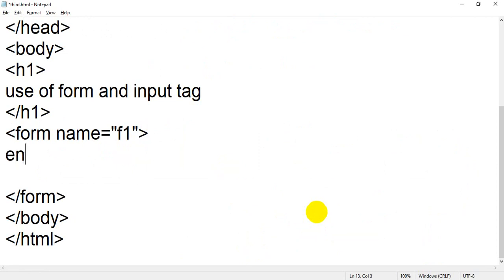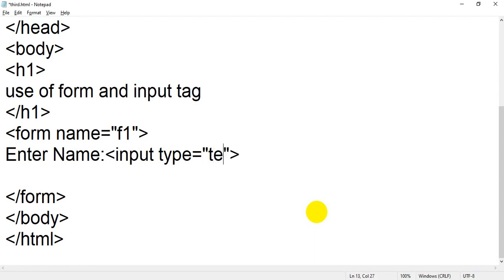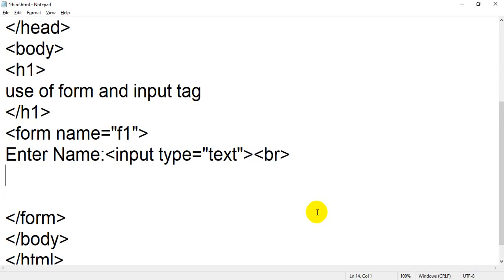For example, enter your name. So in that I will take a simple text box, that is input type equal to text. Then again I am going to add br. You know what the use of br is, that you are going to break to a new line.